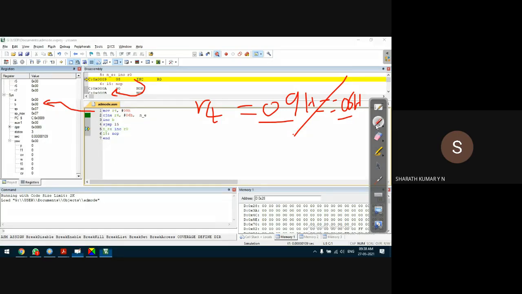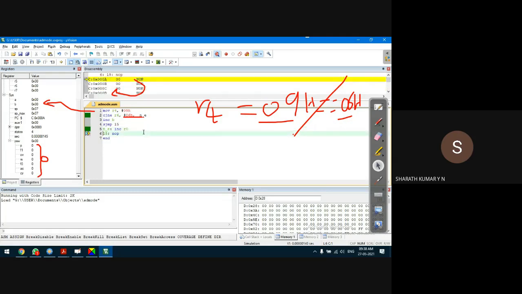What happened is that none of the flags in the program status word is affected because it is not equal. Okay, it goes to NE. Of course, it will execute NE. It will continue with the execution of the program. Now let us test the condition for the equal case.